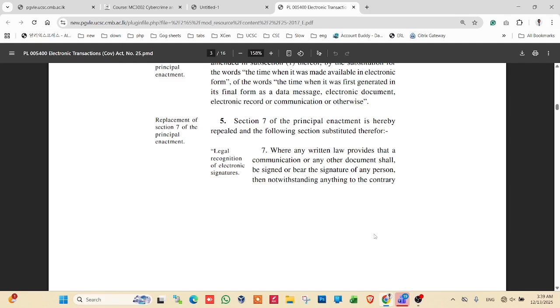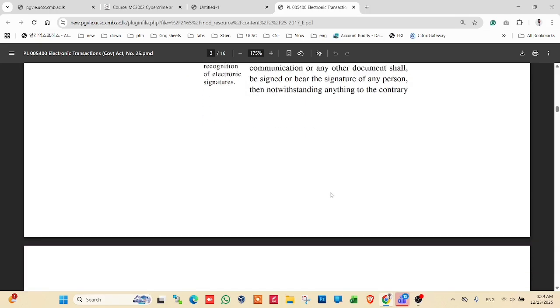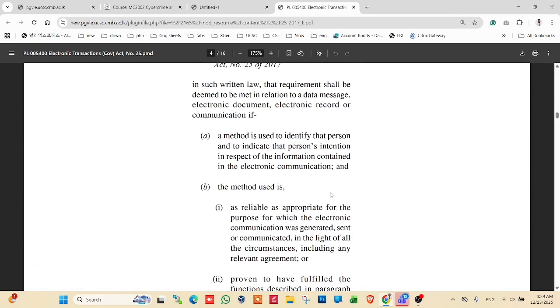It deals with the legal recognition of the electronic signature. Where any written law provides that a communication or any other document shall be signed or bear the signature of any person, then notwithstanding anything to the contrary in such written law, the requirement shall be deemed to be met in relation to a data message, electronic document, electronic record or communication if a method is used to identify that person and to indicate that person's intention in respect of the information contained in the electronic communication, and the method used is reliable